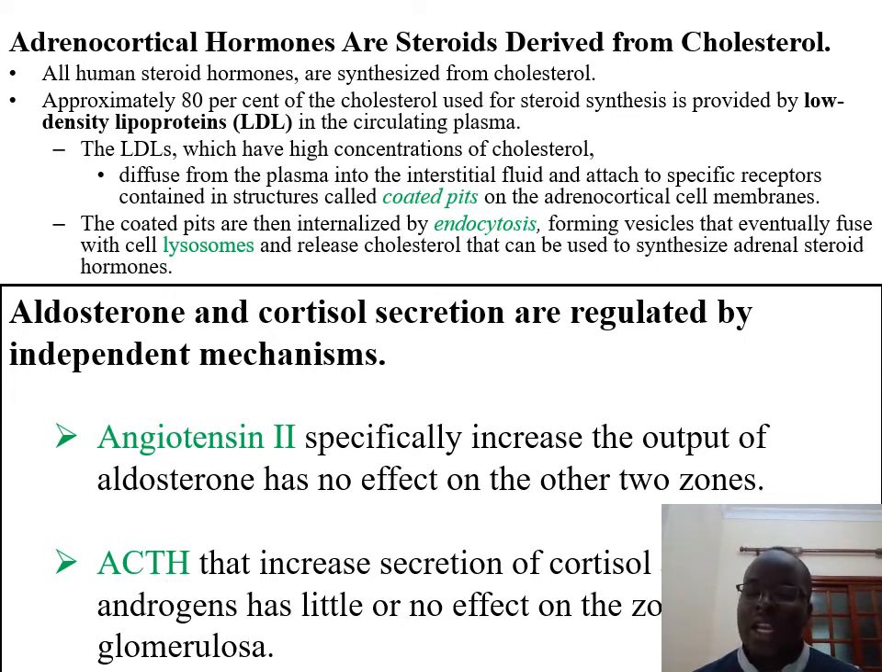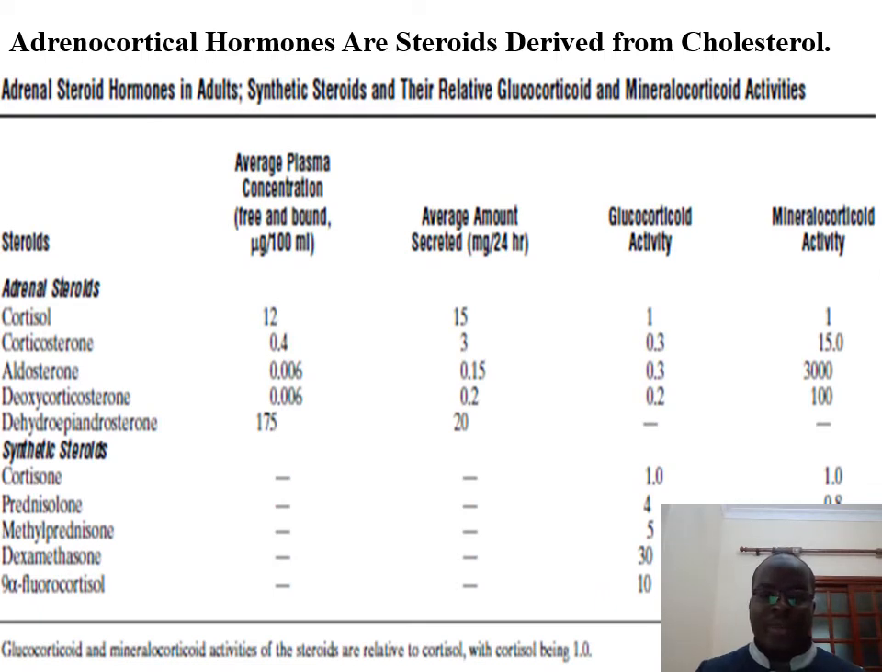On the other hand, the adrenocorticotropin hormone doesn't have much effect on the zona glomerulosa, but it will have an effect on the zona reticularis and zona fasciculata, where there is production of glucocorticoids and androgens. This table is summarizing the activities of the hormones, the glucocorticoid activity, and the mineralocorticoid activity of